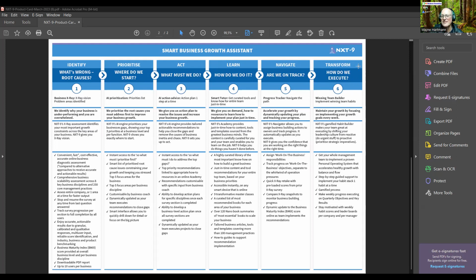And this last one isn't there yet. This is the habit builder. So this one is the gamification of business building. So this exercise that I've just told you about, we're busy building an app called Habit Builder that we will tack onto this. We're doing a pilot at the moment. There are about 20 businesses running on this pilot, and we're busy ironing out the kinks in the